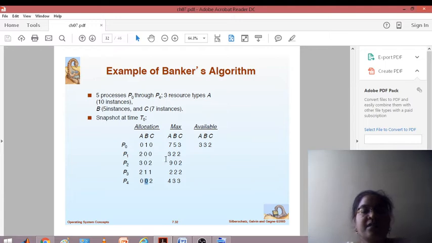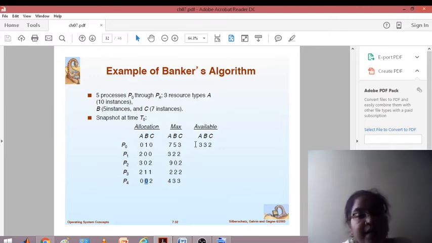Now, maximum is prior information, a claim for so many resources. The allocation state says how many resources are currently allocated. Check here: 2 instances of resource type A are allocated to P1, 3 to P2, 2 to P3. So 2 plus 3 is 5, 5 plus 2 is 7.